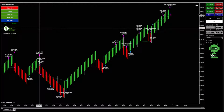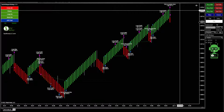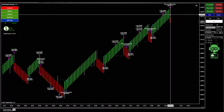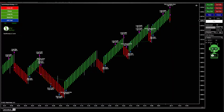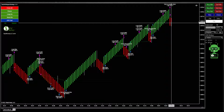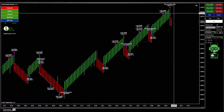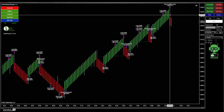Order submitted. And when it gets to the end of the day, we are exit on close. So right now that is done, so the bot will not run anymore. And even if the instrument keeps on moving, there's a time that you can put in there where it will actually shut off. In this particular case, it was shut off at 5 o'clock so that it would not run into the next